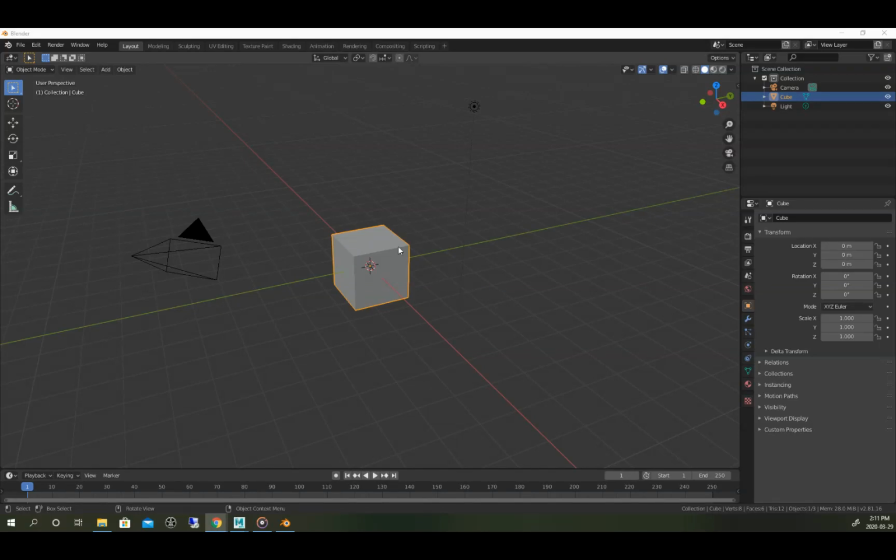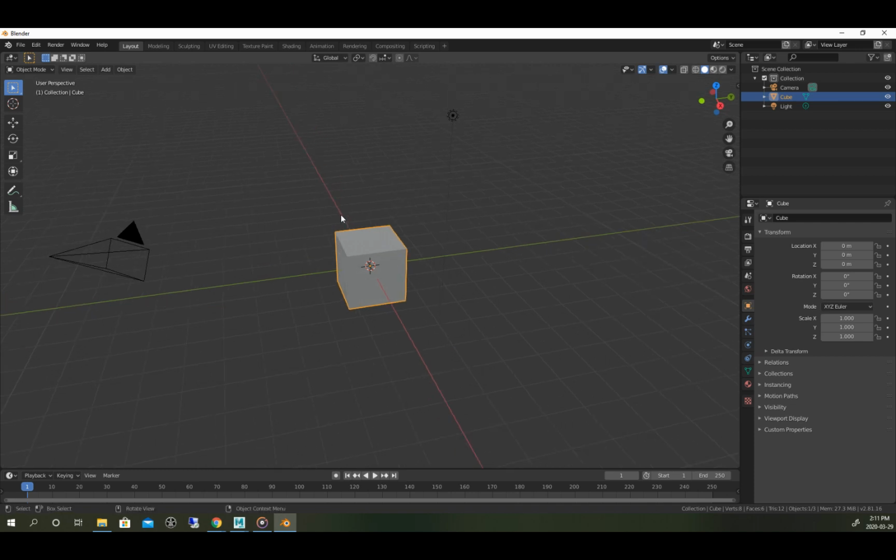Hey everyone, I'm just going to create a quick video showing you how to add audio into Blender. So I just opened up a brand new Blender setup. If it looks a little bit different than what you have at home, it's because I'm using Blender 2.82, I believe, is the latest version. I just downloaded it, so it might look a little bit different, but this will be the same in any